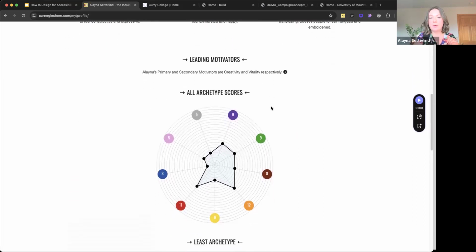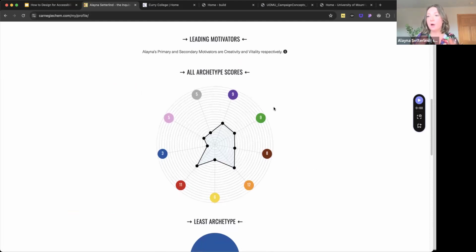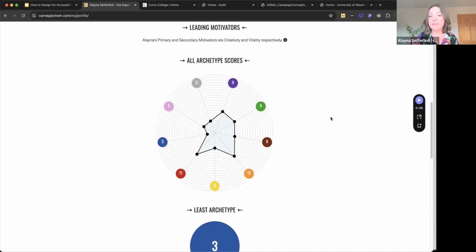And then as we scroll down, I wanted to also make a note about color independence versus color dependence. We want to create designs that are color independent. That means that somebody who doesn't see color, for example, a colorblind user, is not going to have to rely on color alone to access information. They'll have some type of other context to know, okay, this is a color with a little bit of text, I know what this means. But on the Carnegie Chem example, at first glance, unless you hover over each of these, you actually don't know